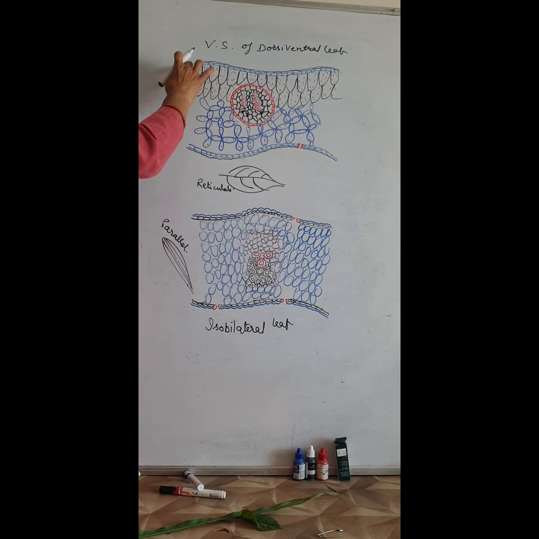Next, between the two epidermis, the mesophyll cells are there, and the vascular bundle, or the vascular system we can say. So the three parts are epidermis, mesophyll cells and the vascular system, meaning vascular bundle. The epidermis on both sides covers the leaf. The upper surface is called adaxial surface and the lower one is called abaxial epidermis or the abaxial surface.